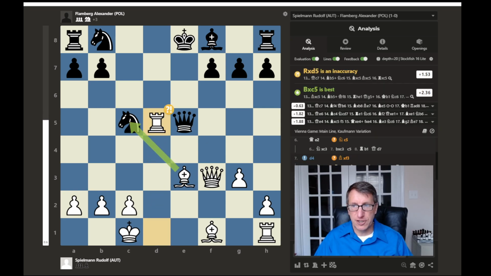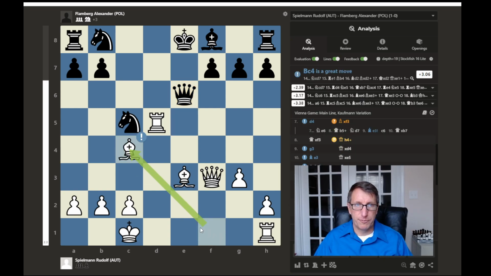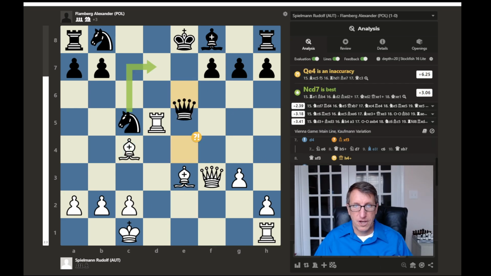So the pawn is protected, but now we have a knight sacrifice for 2 pawns, which allows the rook to recapture, chasing the queen, and this is where the mistakes really come into play with the king stuck in the center here. The queen retreats, but the other bishop that was not doing much here on the back rank develops, and it develops to a nice line here, lining up on the queen on this f-pawn. The queen